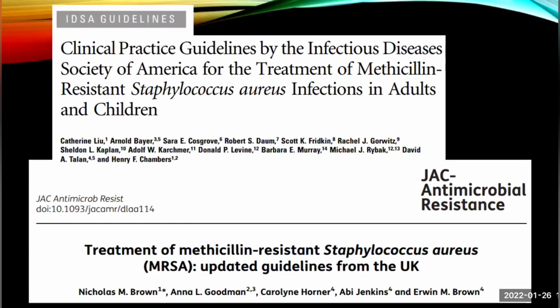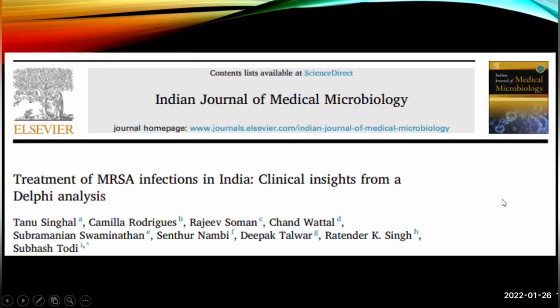So that brings us to this. Today I'll be discussing mainly the IDSA guidelines for treatment of MRSA in adults and children, and I'll be comparing these guidelines. There is one newer guideline for MRSA published in the Journal of Antimicrobial Resistance from the UK, as well as our Indian consensus statement on treatment of MRSA infection in India. This was given by a committee which included ID experts, clinical microbiologists, and critical care experts. So we'll be discussing this with special emphasis on the Indian